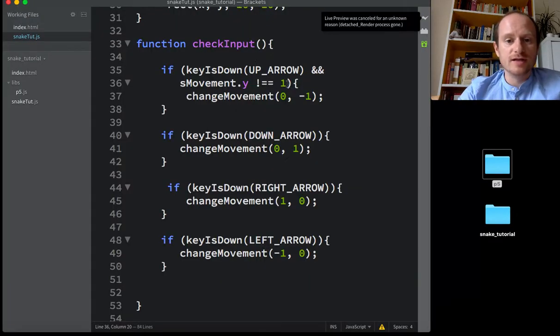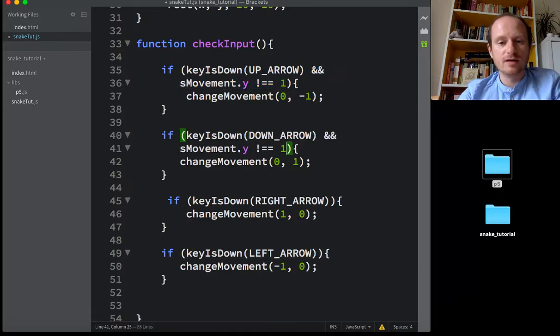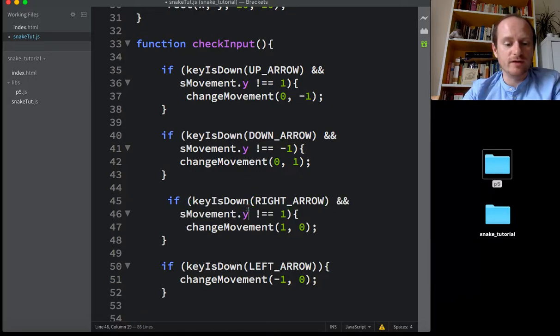Right. So let's copy that little bit of code and apply it to our other directions. We're pressing the down arrow, so we can't be moving up. So y can't be -1. -1 means we're moving up. The right arrow is going to be slightly different. We're talking about the x component of that vector, and we're trying to go right, so we're not allowed to be moving left. So left is -1 on the x-axis, and finally